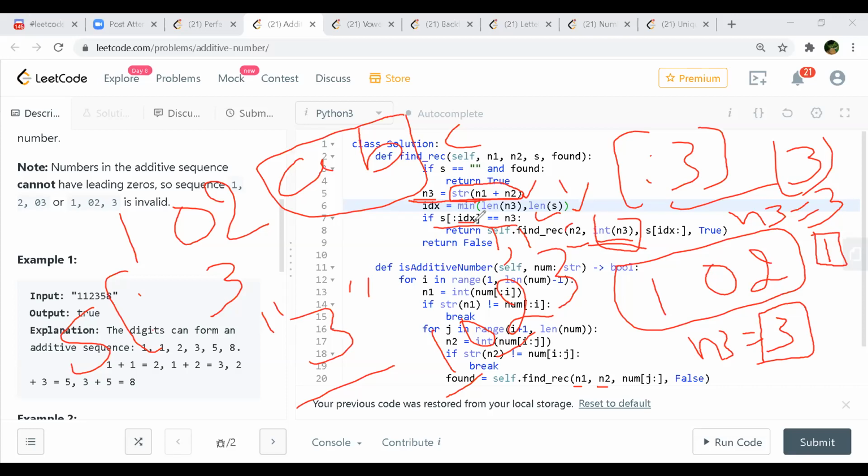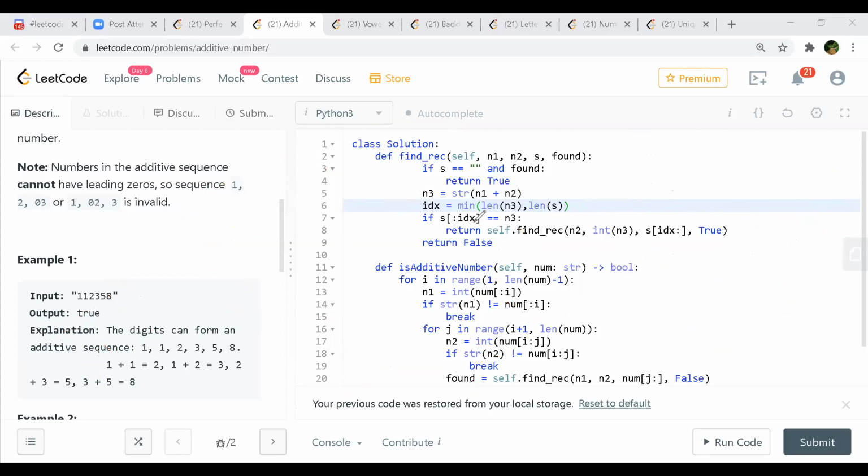The only thing is that here you are converting into a string every time. First you convert to integer and then convert to a string. It would have been better if you could have kept the string as is and just added two strings to an integer string. That also could be one way of doing it. So for 103, you take this as one string, and you just use these as strings instead of converting to integers.